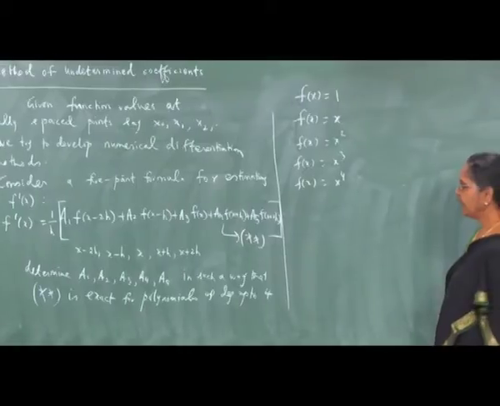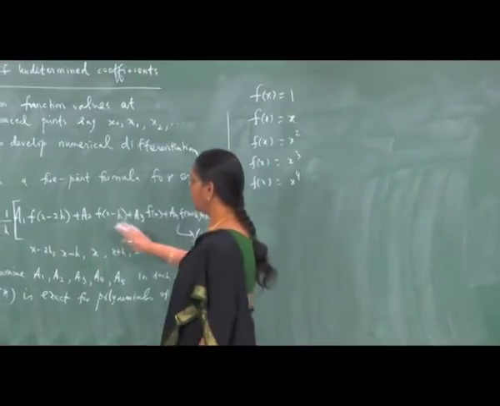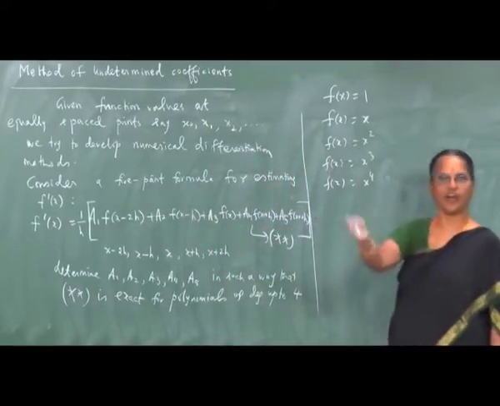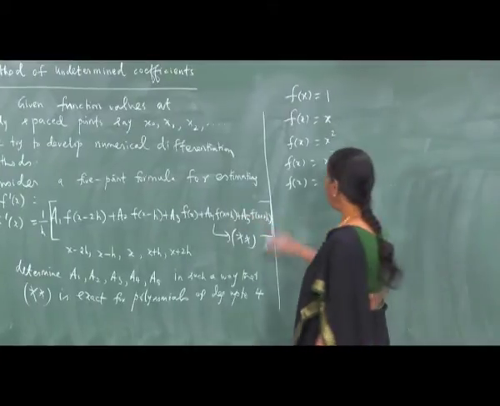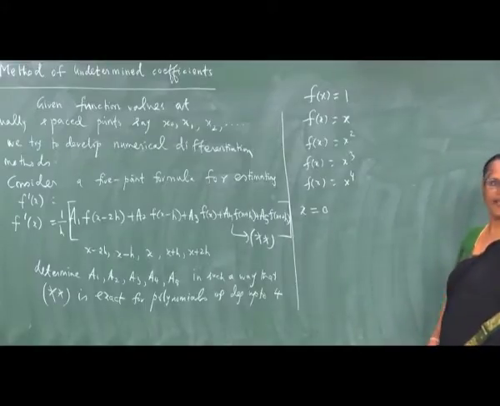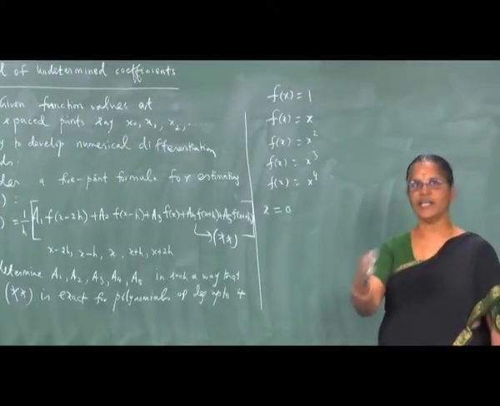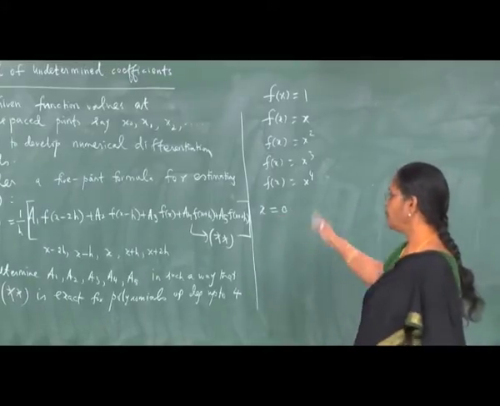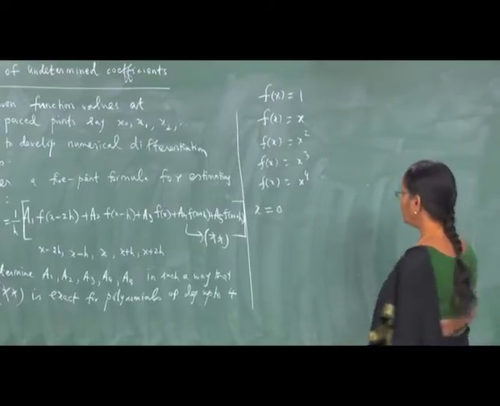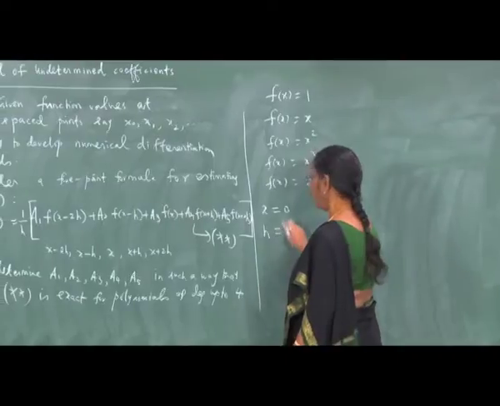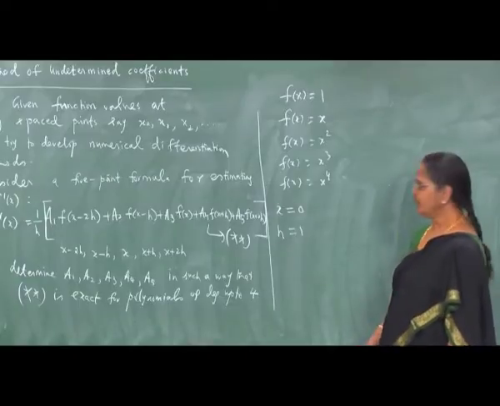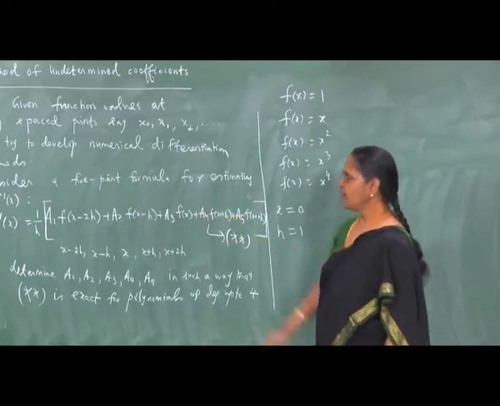And secondly, we would like to obtain this method in such a way that it should be independent of any shift of origin. And so, we consider this method with x equal to 0 and derive this method. And thirdly, the method that we are going to obtain should be independent of the step size h, and therefore, we take h equal to 1 in this method